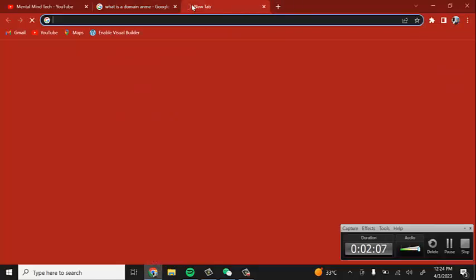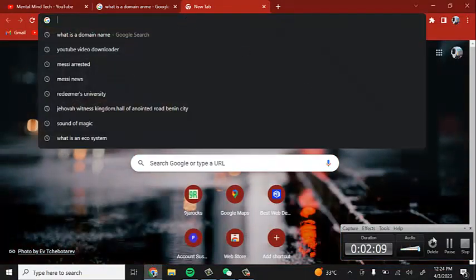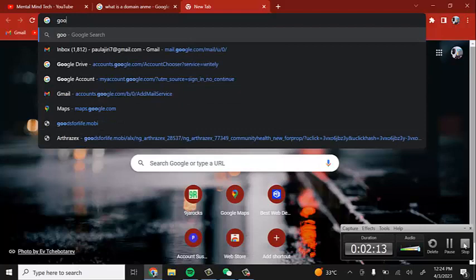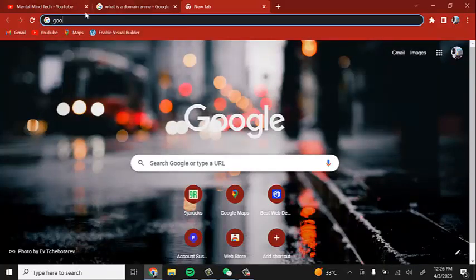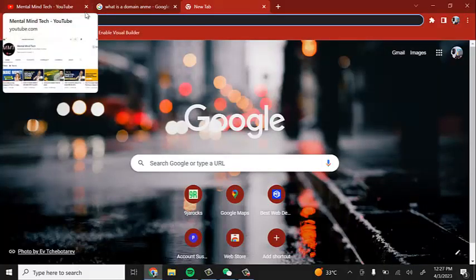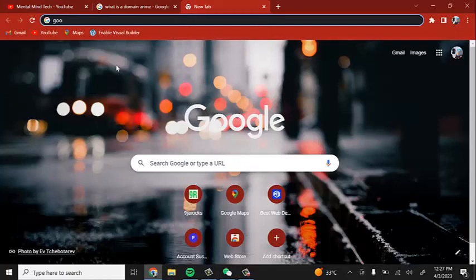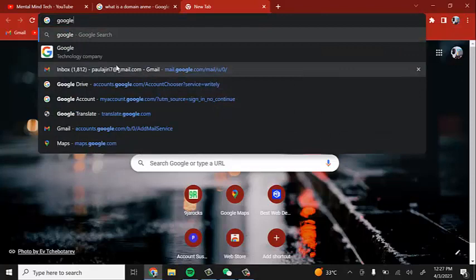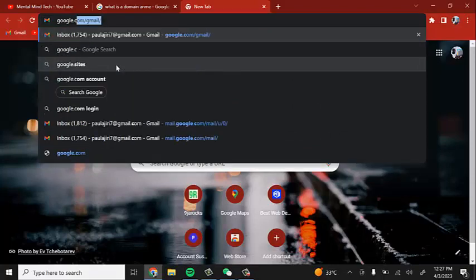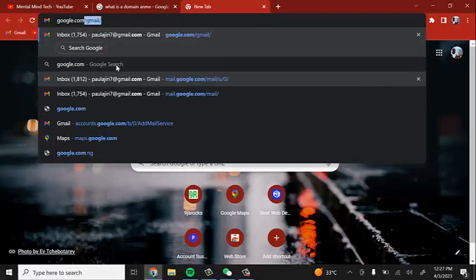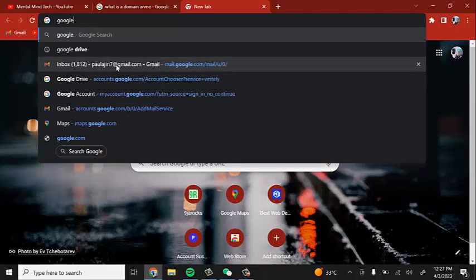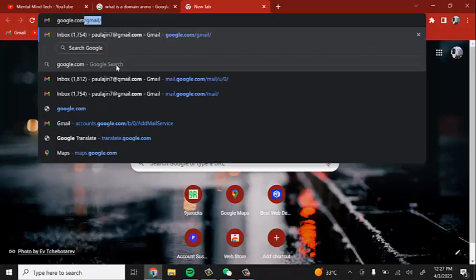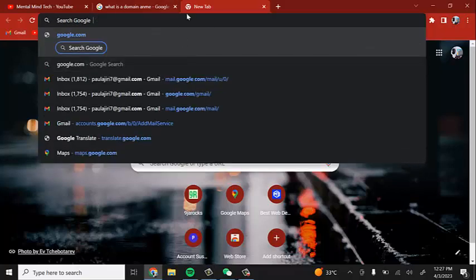Now, just like the name Google, Google is the name of a company or an online service provider. The name Google is the name of a business, and this is the name of the website. Google itself is a company, and is also a website. If you go online and check for google.com, the website is going to come up on your screen.